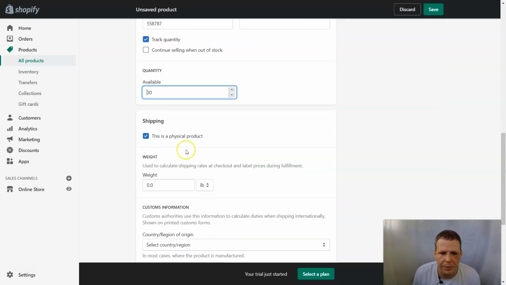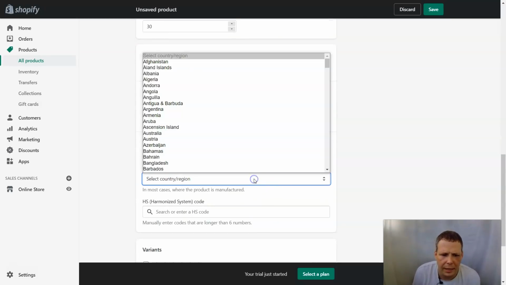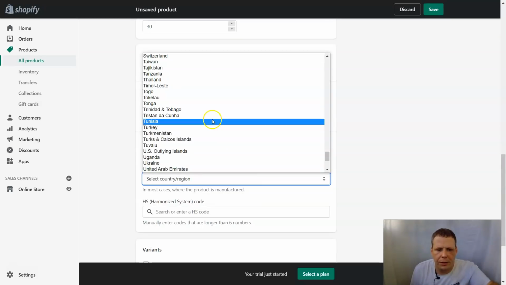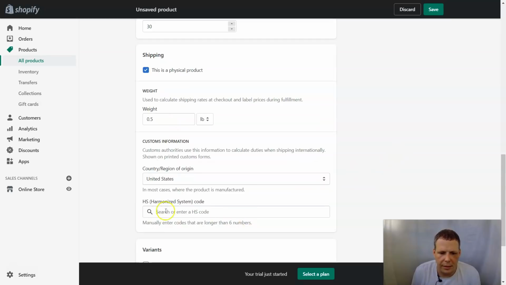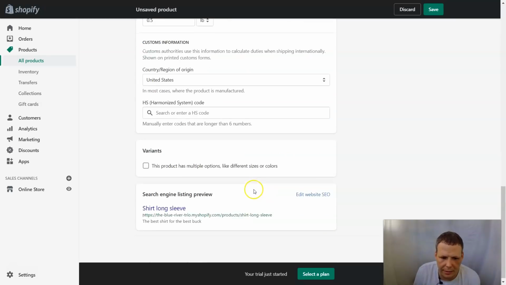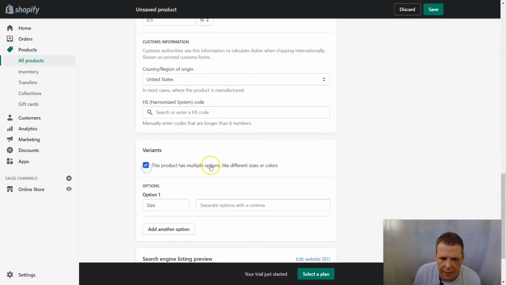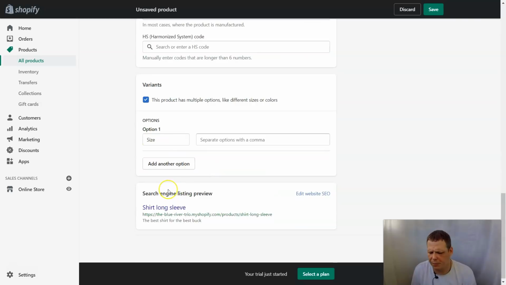Okay, and shipping. Now this is a physical product, weight, or you can say it is like half a pound. It's a pretty heavy shirt, but you get the idea. The country of origin, right, we're going to change that to our location, the United States, and the harmonized, that's actually for any kind of number that has more than 6 numbers, that's going to be the harmonized system code. If you have variants, select this, and you will just put the variants, the different options, color,